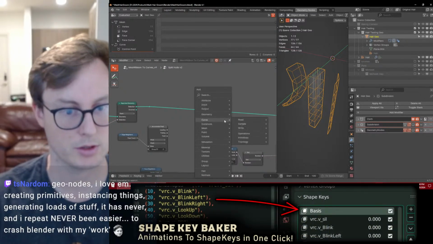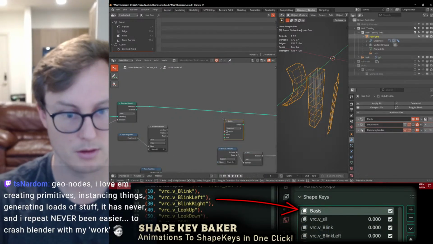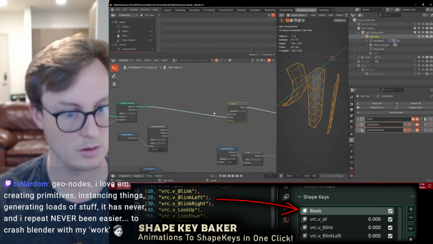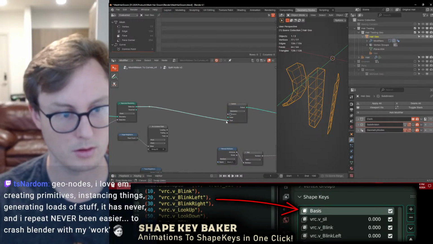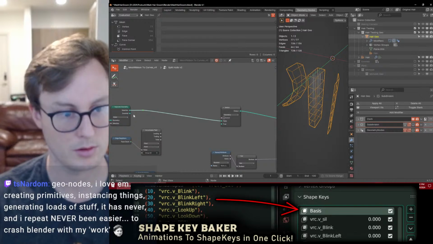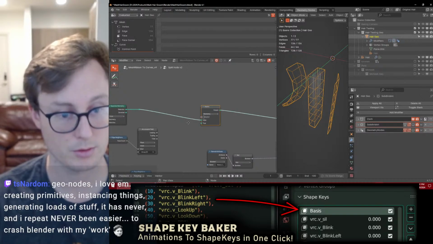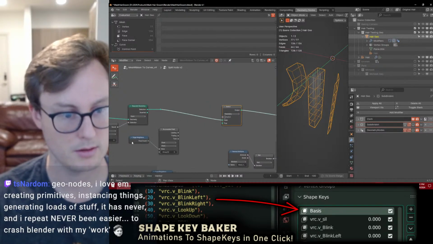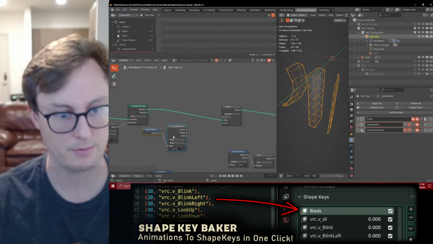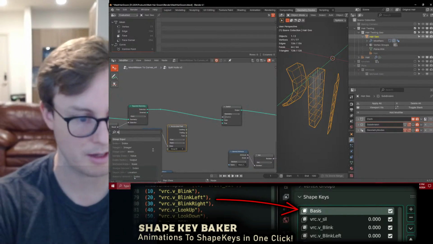we will use a switch because that'll be a little bit easier to think about. So it either goes through or it doesn't, depending on if the accumulate field, which uses the index,